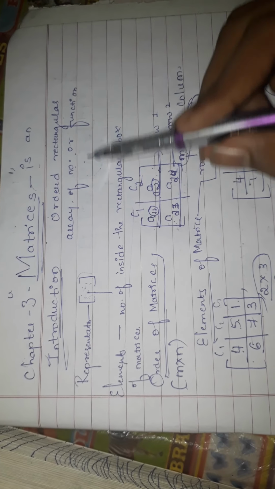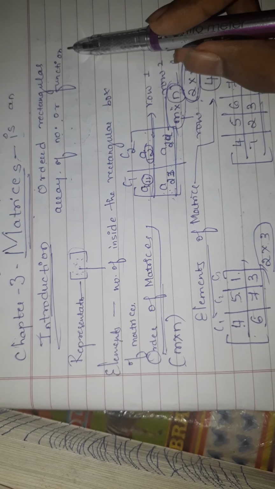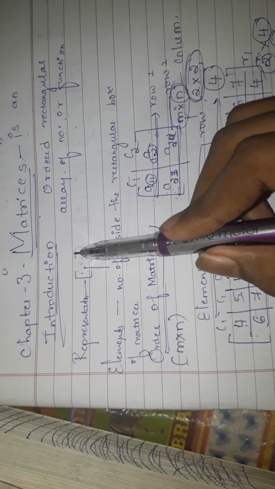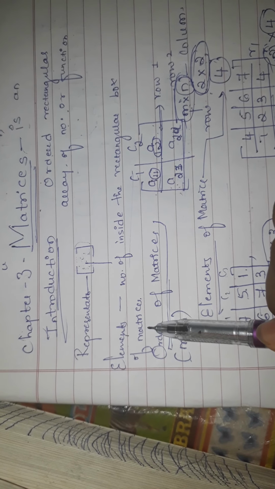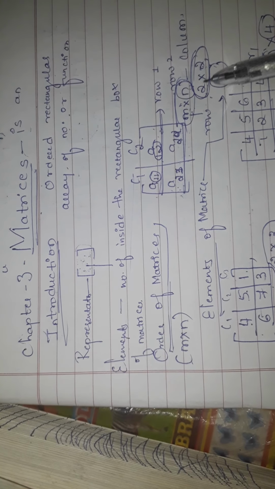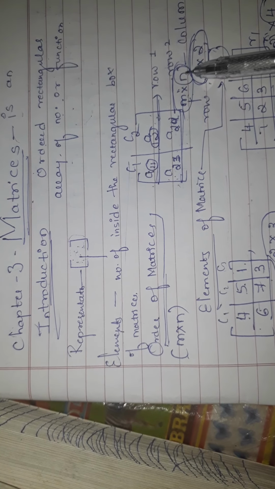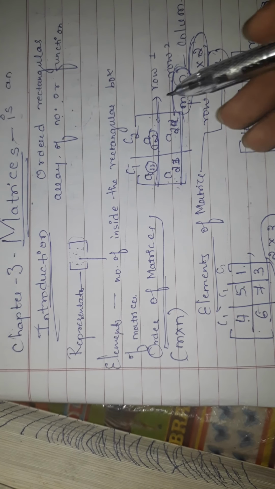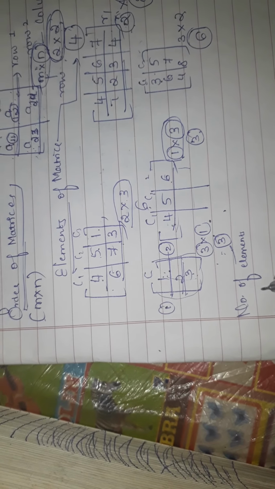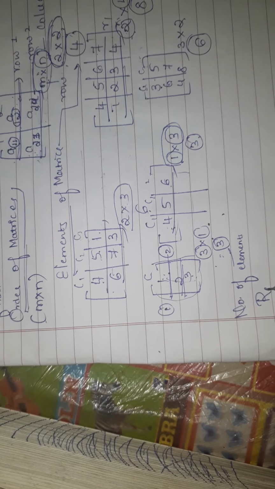I hope you understand what a matrix is. It is nothing but an ordered rectangular array of numbers or functions. It is represented in square brackets, whatever we write inside are the elements of the matrix, and the order of the matrix we find is rows into columns. Is it clear? So A11, A12, A21 is the representation, which we will cover next week, how I wrote A11, A12. That is the representation